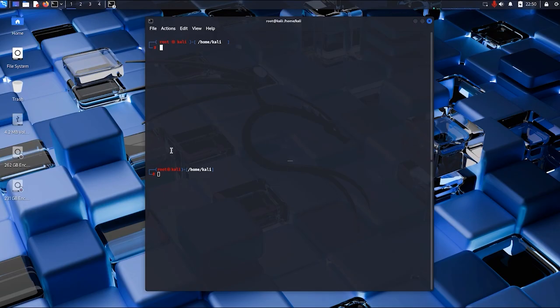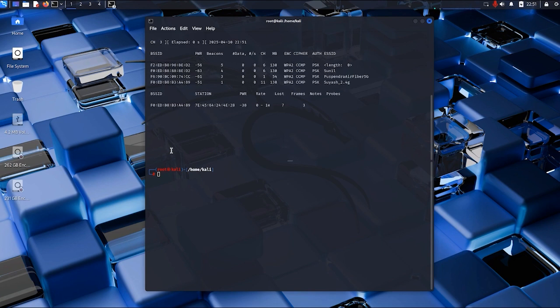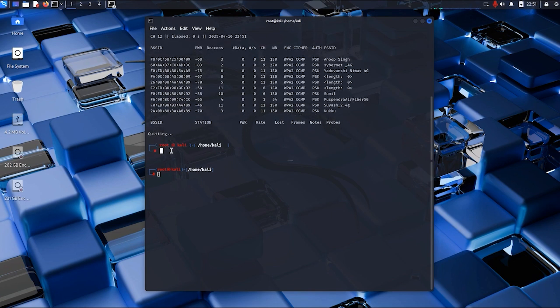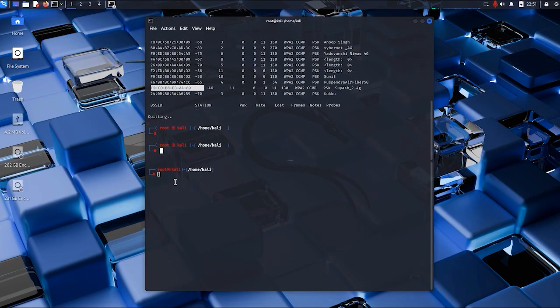And now we will type those commands again to capture packets, and then we will target a particular network or particular router to sniff packets on it. So let's run that command again, and now Control C, and then we are going to target this Suyesh 2.4G, that is my own Wi-Fi network that is transmitting 2.4 GHz frequencies. And as we can see, we have this BSSID, so we are just going to copy this here, and that will help us.